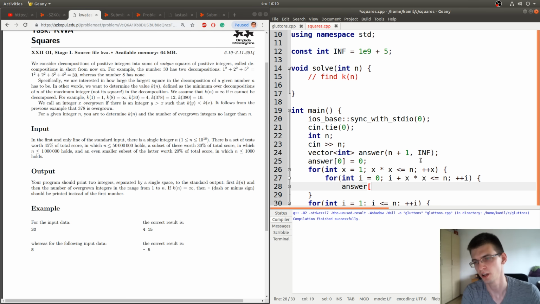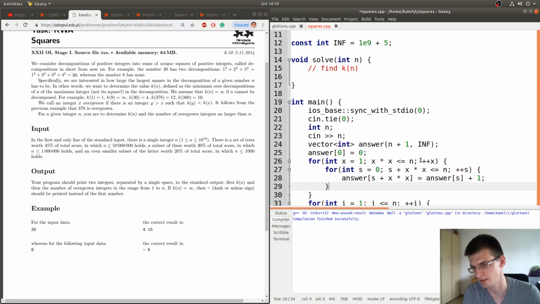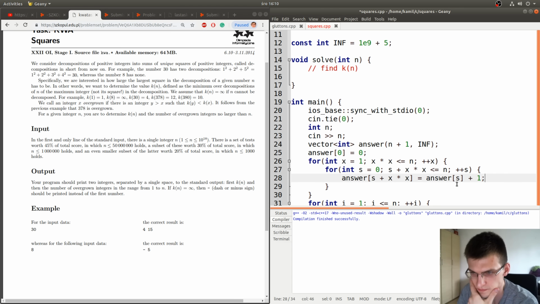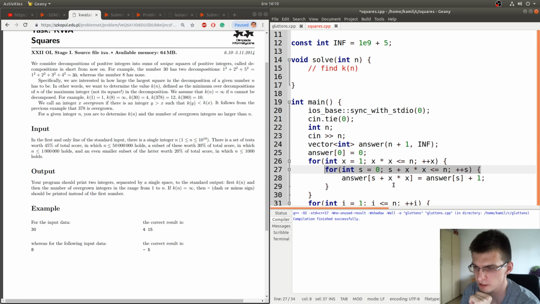So here we already, let's say that it's the sum already. If we already have a sum s, then sum s plus x squared can be something like this. We'll figure that out in a moment. But this will be wrong. I will talk about that in a moment.